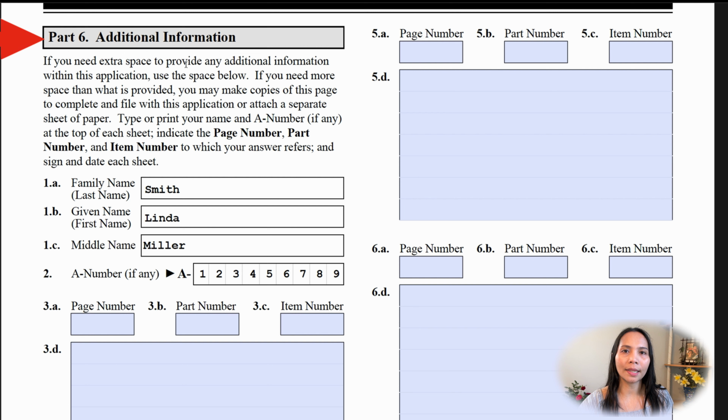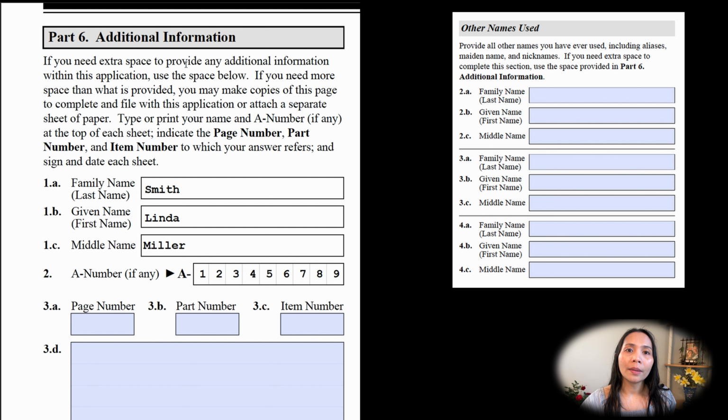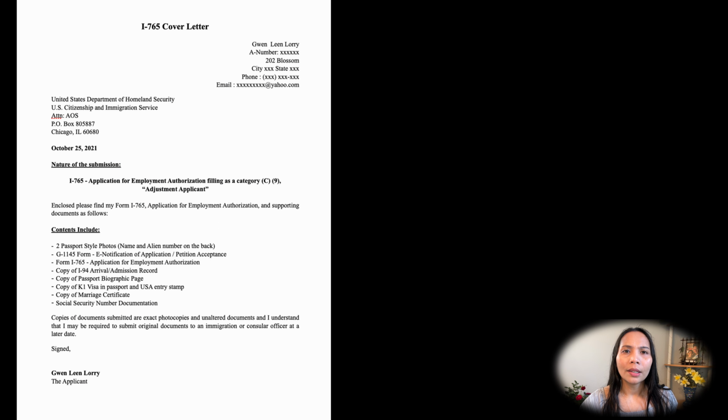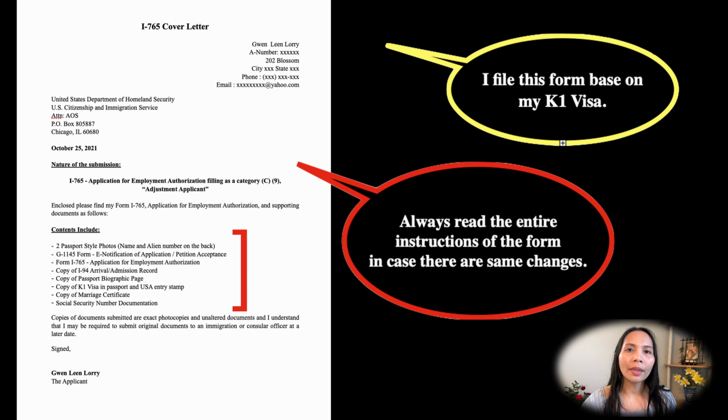Moving on, part 6. This is additional information that you use if you don't have enough space to answer the questions, such as the question in part 2 about other names used and the other question about your nationality. Here's the cover letter that I attached with this form, and the documents I provided are listed here, so you may take a look. Remember that I filed this form based on my K1 visa. So I submit this form I-765